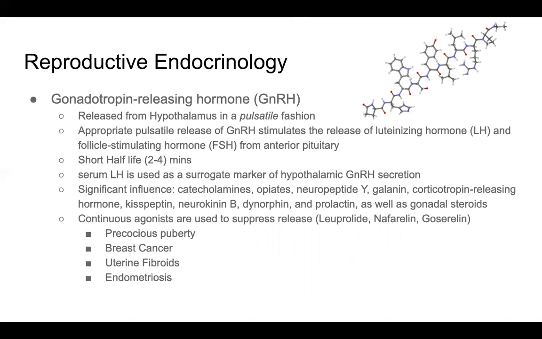With a short half-life and only being effective in high concentrations, that's why it really only works at the pituitary, and that's where we see receptors. So we can't measure GnRH accurately, so we use serum LH as a surrogate marker for hypothalamic GnRH